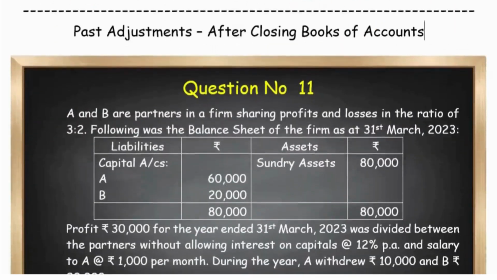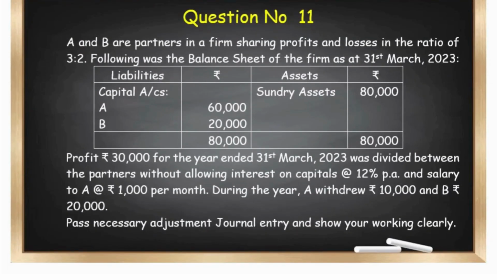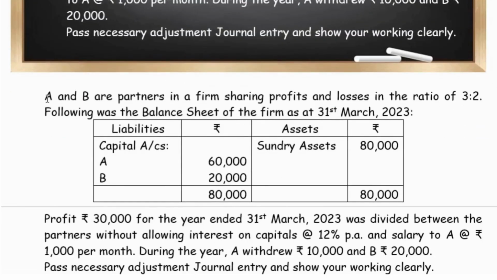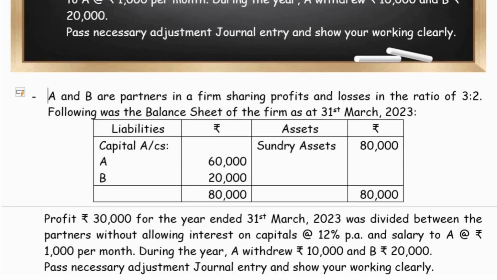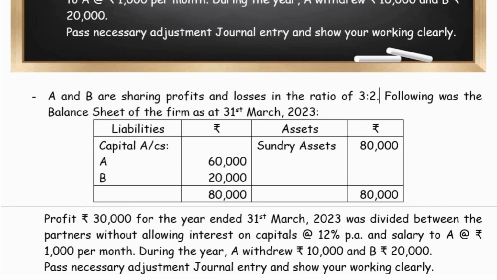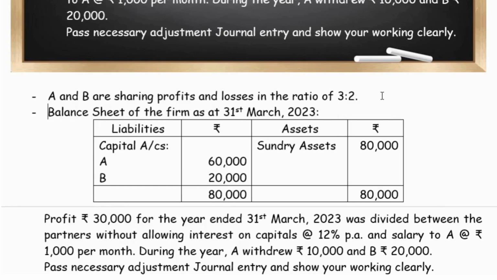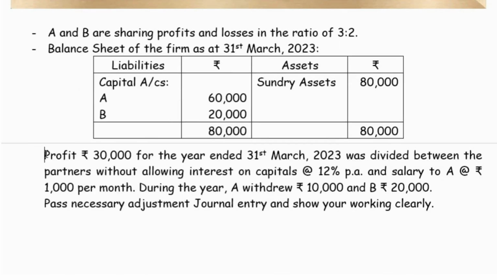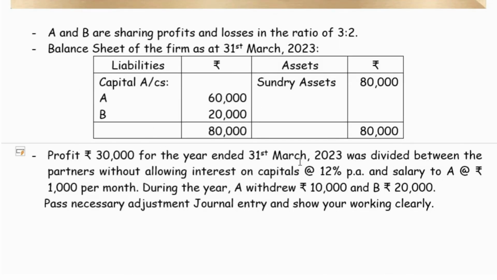Now we are given a question about partners A and B in a firm sharing profits and losses in the ratio of 3:2. We are given the balance sheet extract and some other details. As usual, let us break down the question details. A and B are partners sharing profits and losses in the ratio of 3:2. We are given the balance sheet as on 31st March, and also the profits for the year ended